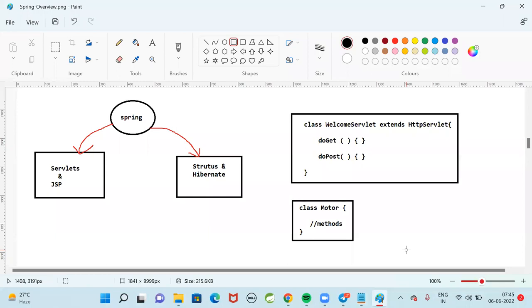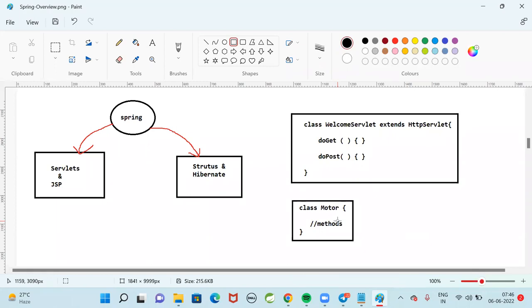Spring will not force you to extend or implement anything related to Spring Framework. You can develop your projects by using only POJO classes. Spring is going to manage your classes.